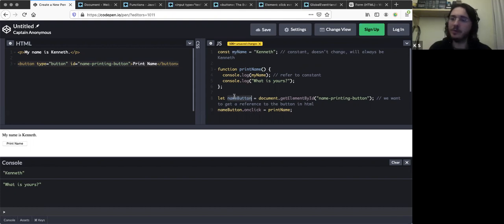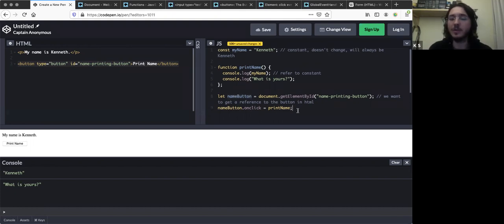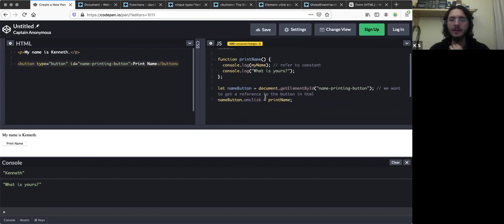It's not super important for understanding what this does, but if you want to understand the under workings of what is document, what is name button, well, they're objects. They're special objects that have properties and functions that they have access to. And what we're actually doing here is, and I think this may need to be made clear, because I think I brushed over it, and maybe this is a point of confusion too, but